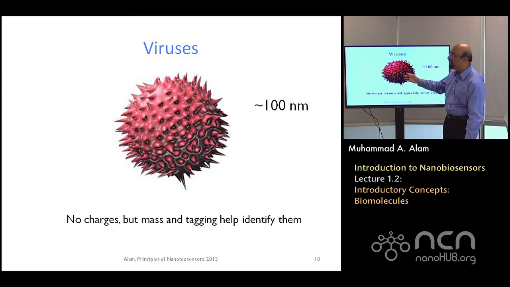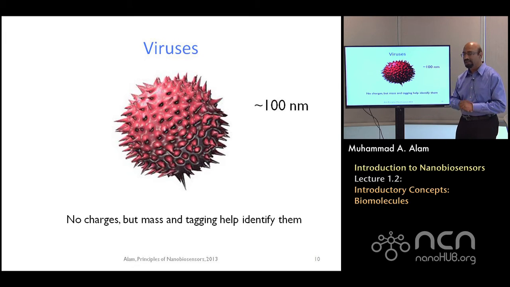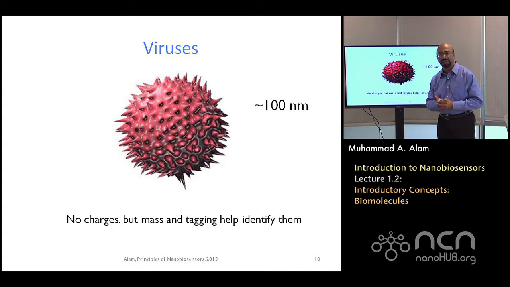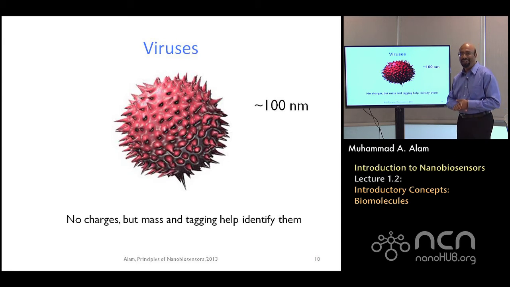But this generally doesn't carry a significant or stable amount of charge, so it is very difficult to use potentiometric sensors. But look at this. This is massive. And so even a few viruses, let's say 10 to 100 or so, you may be able to detect with cantilever-based sensing. And so this is certainly an option to detect this type of quantities, this type of biomolecules. Of course, you always have the option of breaking this apart and looking at the DNA or RNA directly. That gives you one option of identifying the viruses.